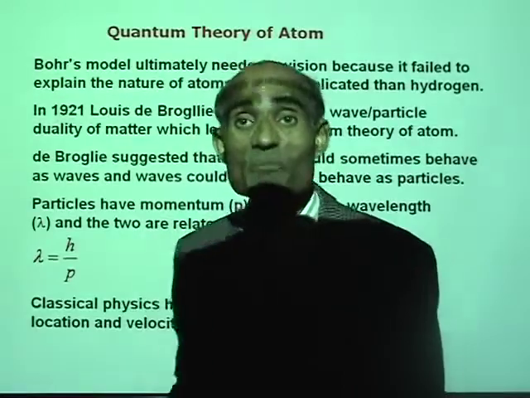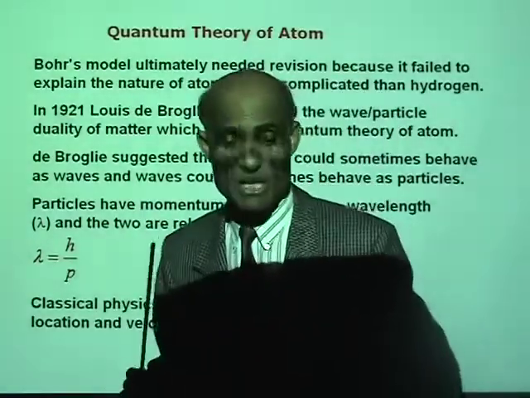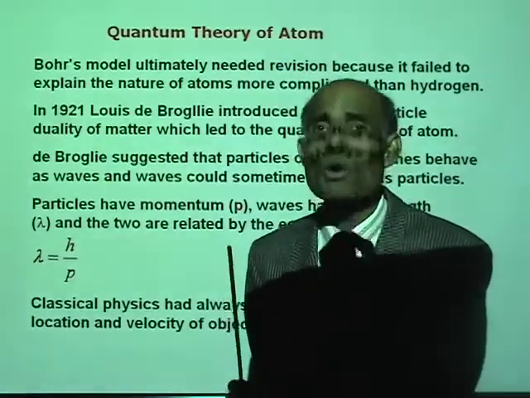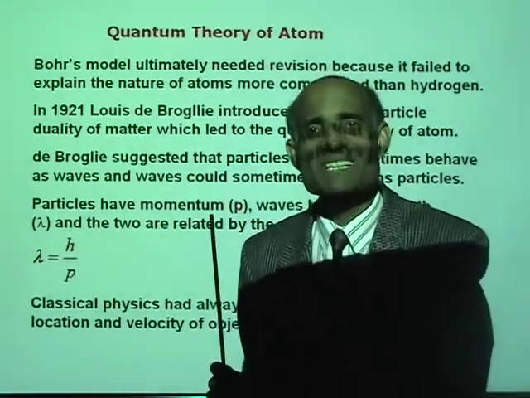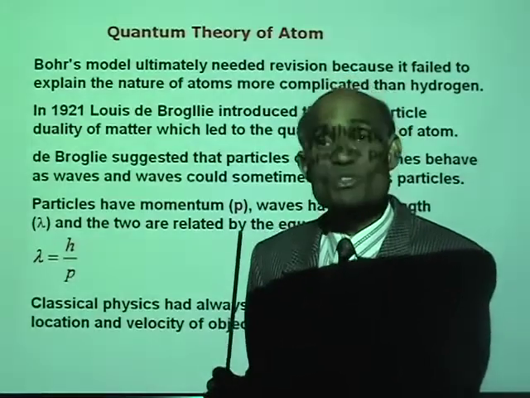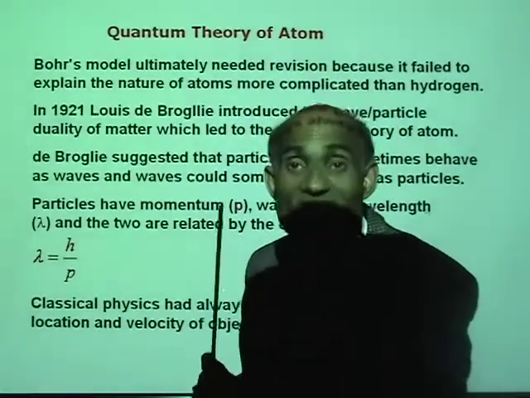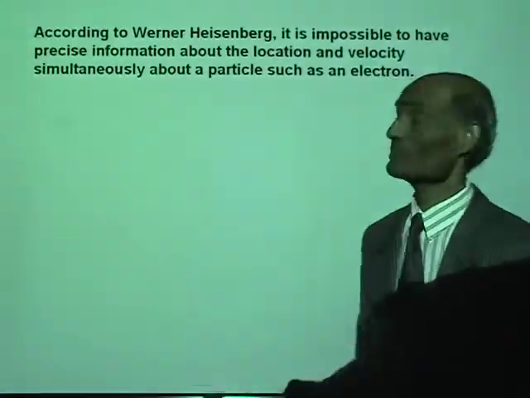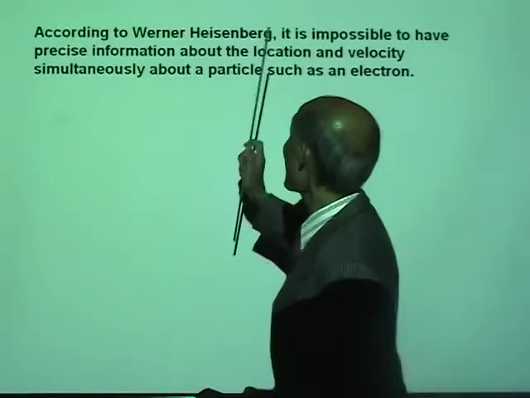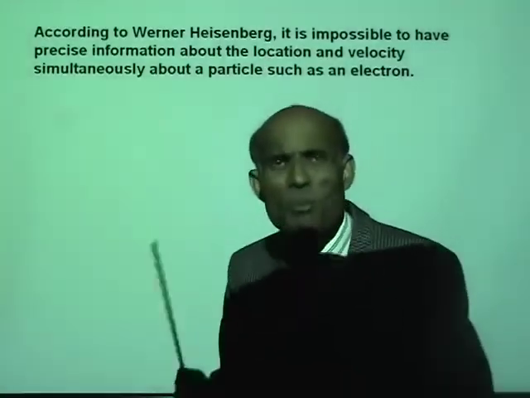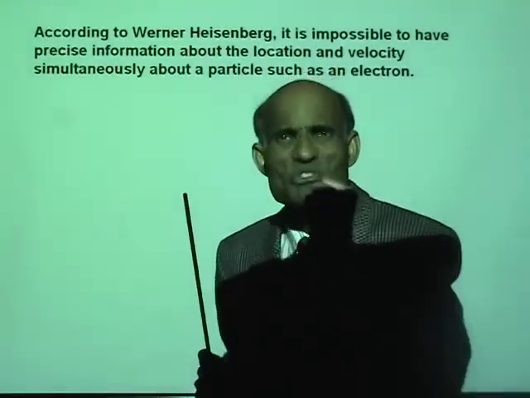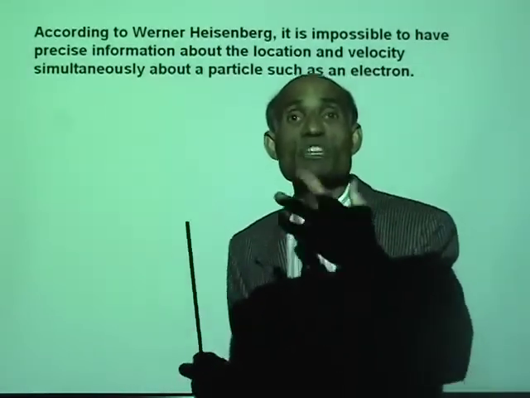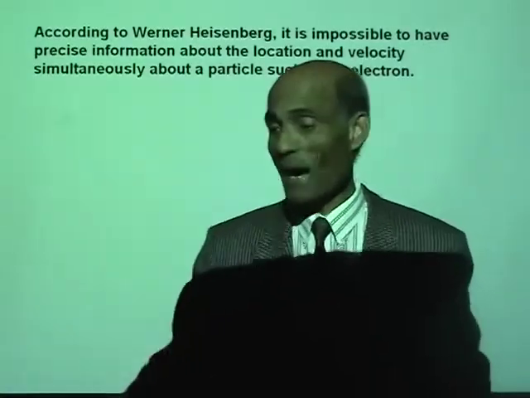But when it comes to the principles suggested by de Broglie, now remember, all these principles become valid only when you think about particles like electrons, photons, very, very light particles. So you've got to go down to the subatomic level. According to Werner Heisenberg, it is impossible to have precise information about the location and velocity simultaneously of a particle